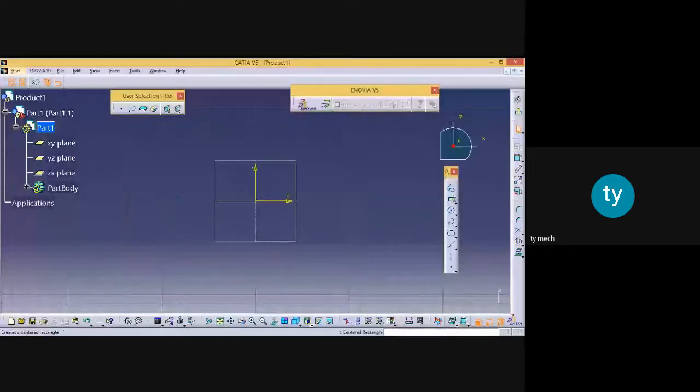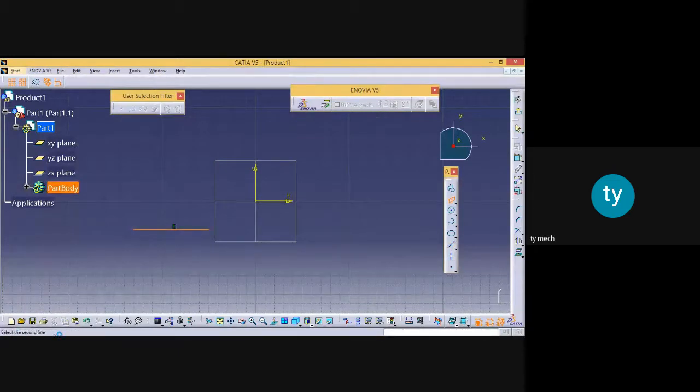The next is a centered parallelogram. So what is this centered parallelogram? Select the first line. Now it is asking for a line. Are you getting? Select the first line. So before drawing this centered parallelogram, you should draw one line. So here you can see a line command over here. So this is a line and I have drawn a line in this way. Now I will select this command and here it is asking select the first line. I have selected. Now it is asking select the second line.